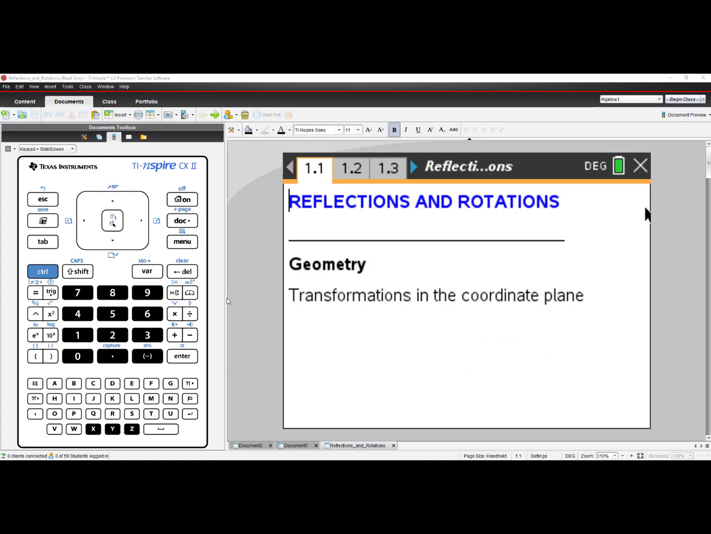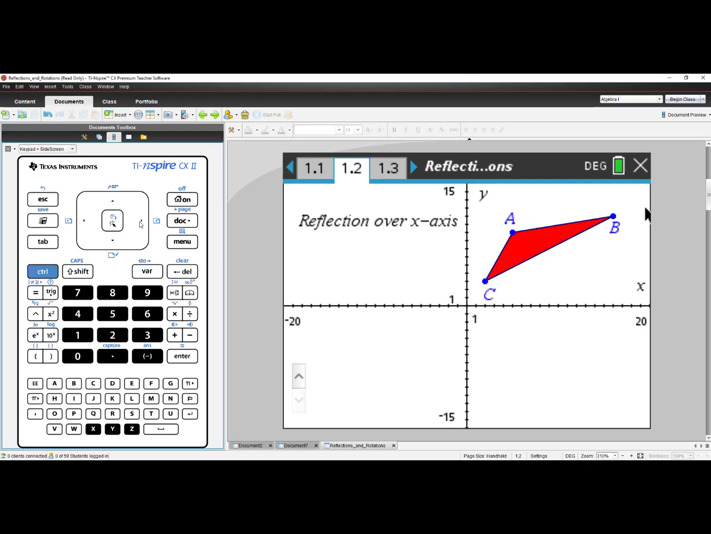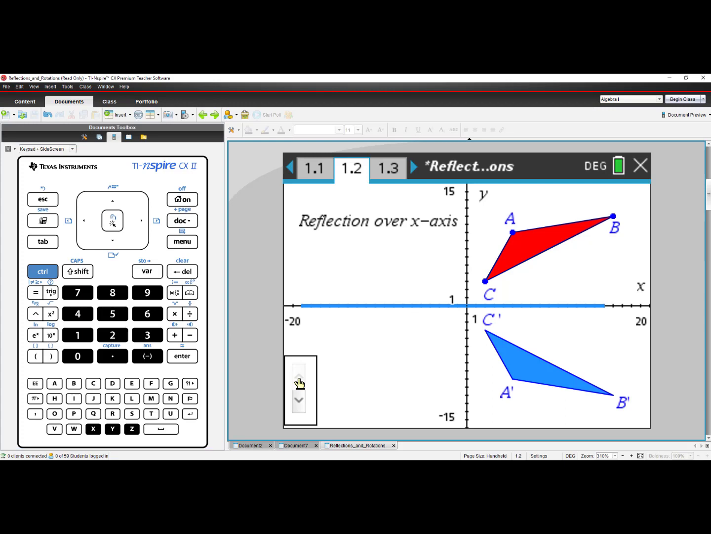Let's go through the reflections and rotations activity. Press Control, right arrow to navigate to the second page. The directions say to reflect over the x-axis. We see triangle ABC, and down at the bottom I see a slider. When I click on the slider, I now see A prime, B prime, C prime, the reflection of the pre-image